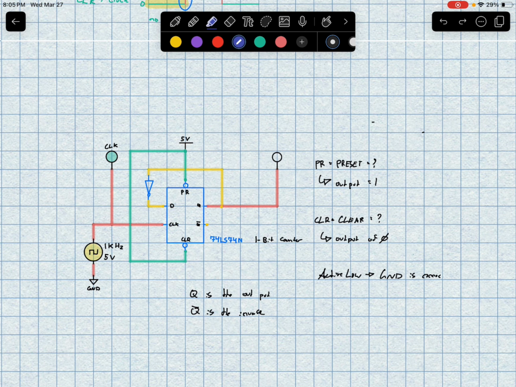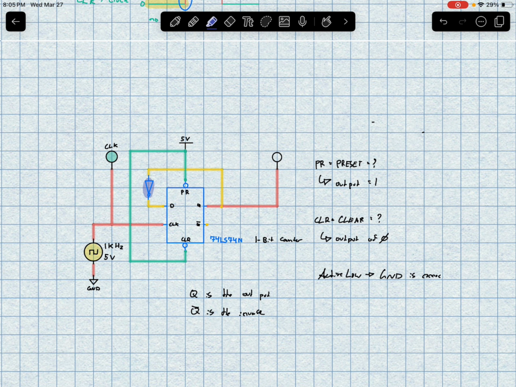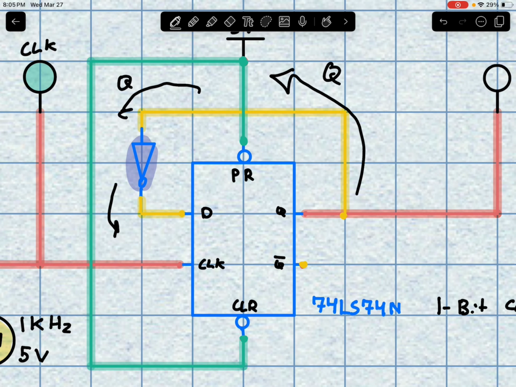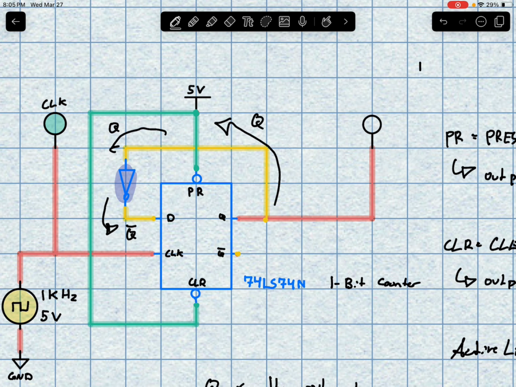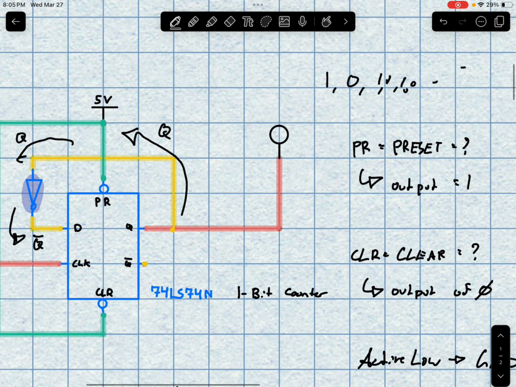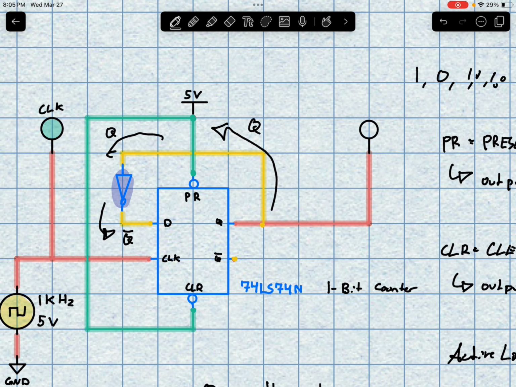So right here we have the same circuit, or same chip, sorry, but again, something's different. If you take a look here, there's an inverter gate. And what does that inverter do? Well, we have the output of Q going into data here, and then suddenly this inverter makes it not Q. And suddenly we get toggling again. As I said earlier, it starts to be 1 0 1 0 1 0, etc. So if you want to connect data to Q, it's better to put an inverter so that you can predict